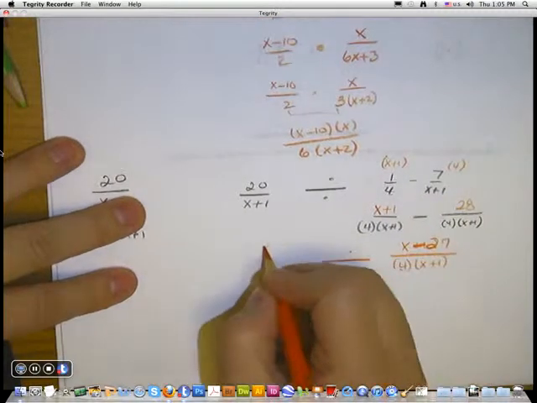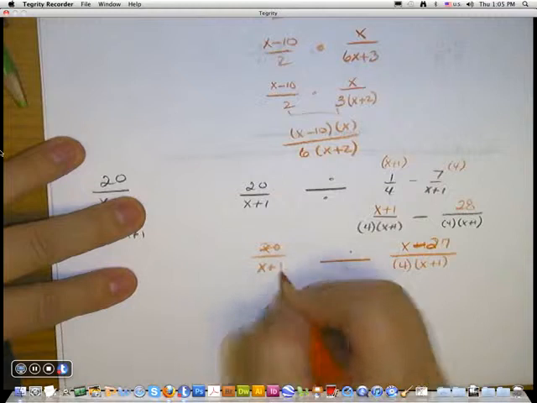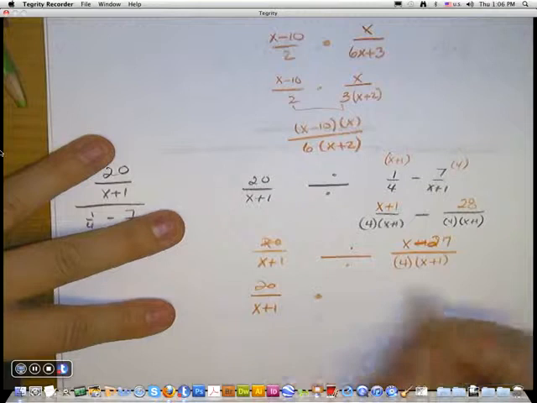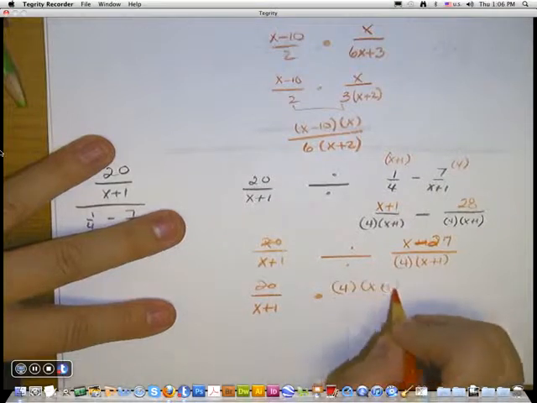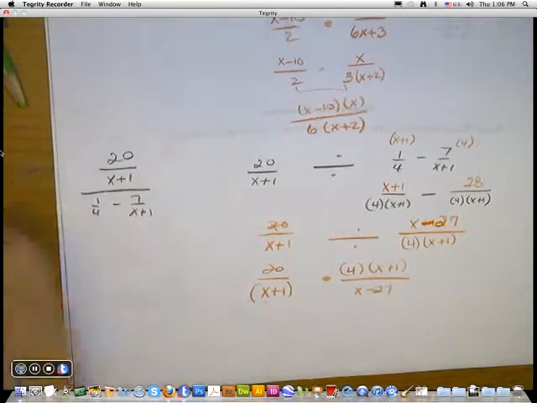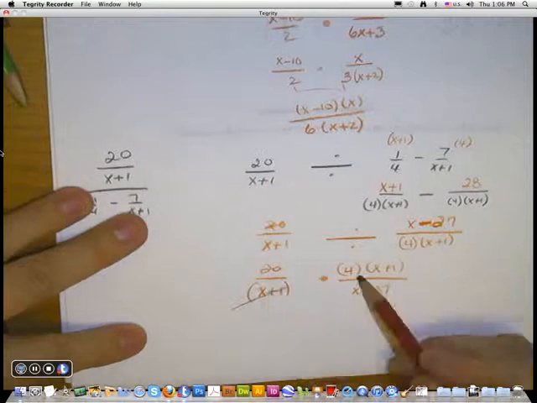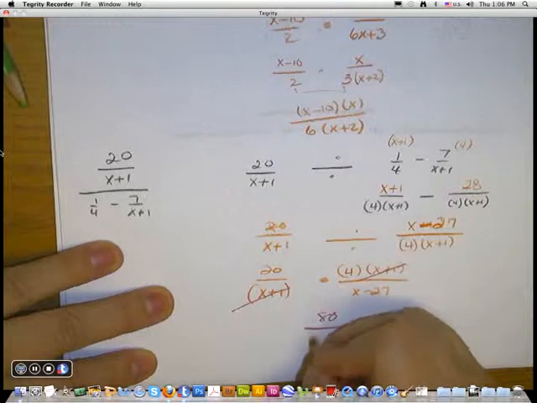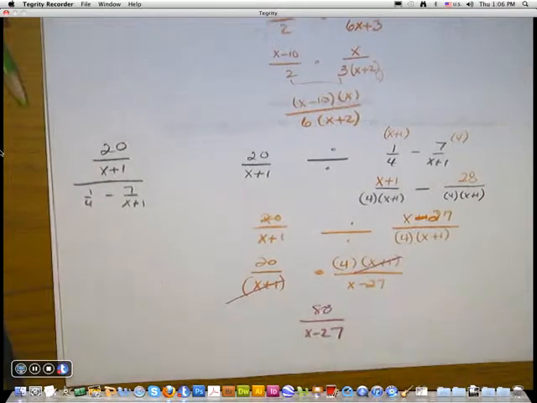Big divide and 20 over x plus 1. Now I multiply by the reciprocal. The x plus 1's cancel. 20 and 4 get multiplied together, and the x minus 27 stays. All right,